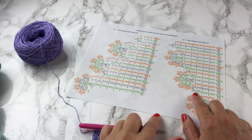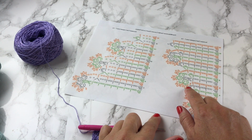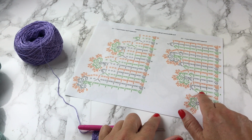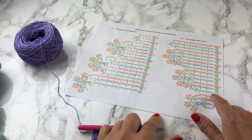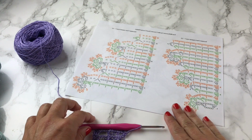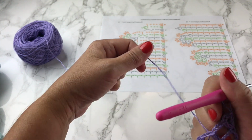Okay, we'll refer back to the chart now for row 5. We're going to chain 6 and double crochet in the first double crochet, chain 3, double crochet in the next double crochet, chain 3, double crochet in the next double crochet, chain 3, skip 2 stitches and work 3 double crochets into the last double crochet. So I'm going to pick up my work now and repeat what I just said,